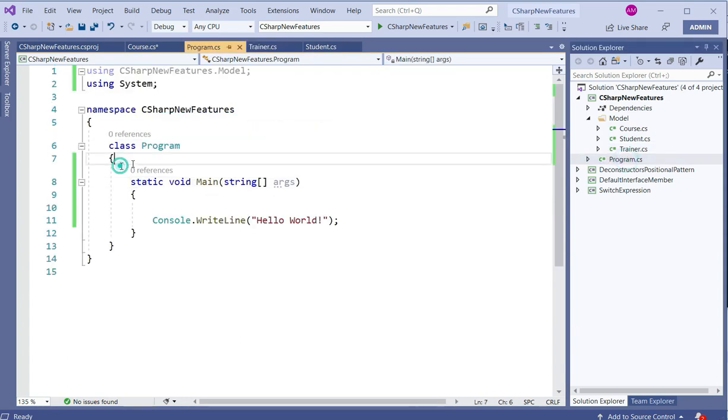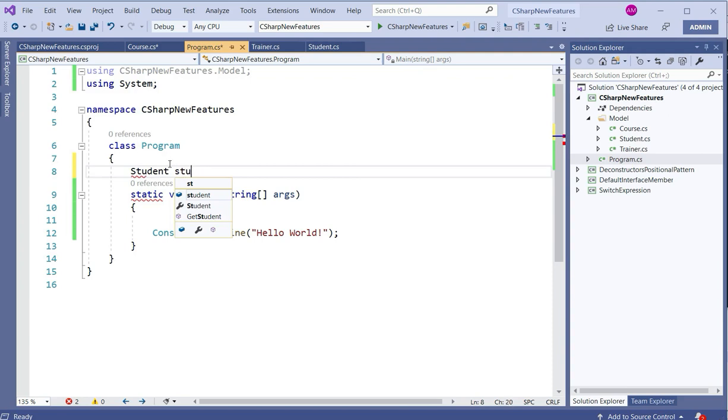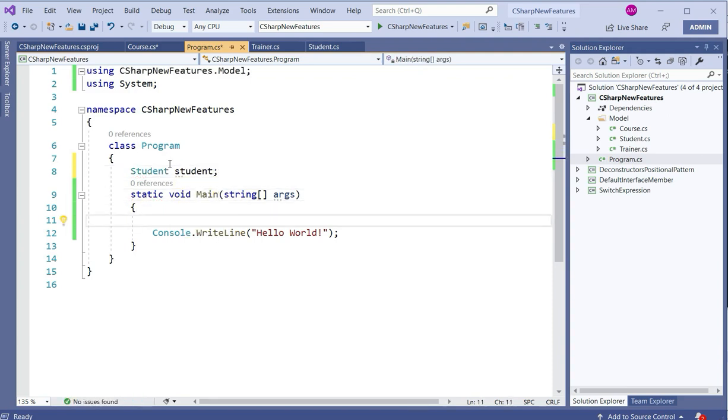So let's say we want to create a reference variable of the Student class, like student, and we want to print the length of this student name.